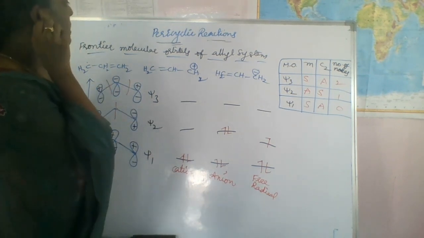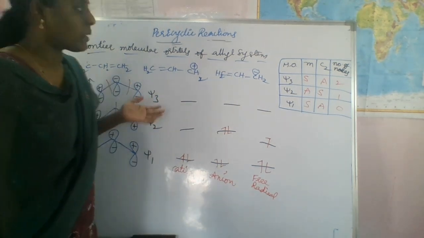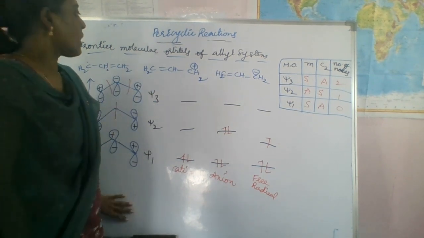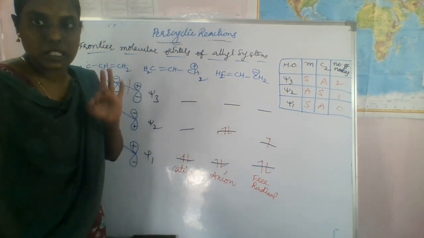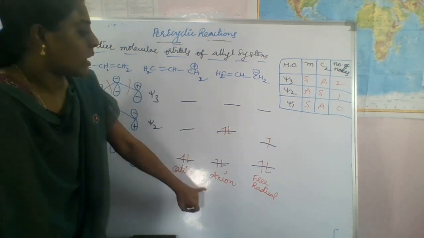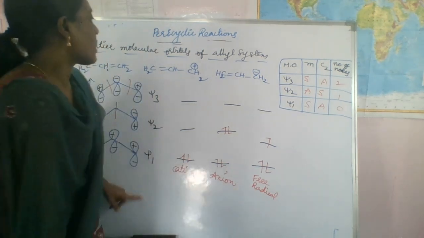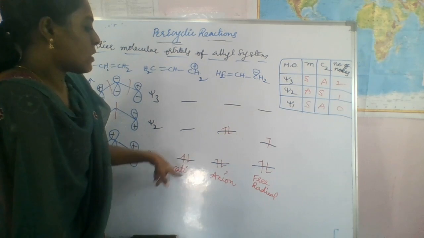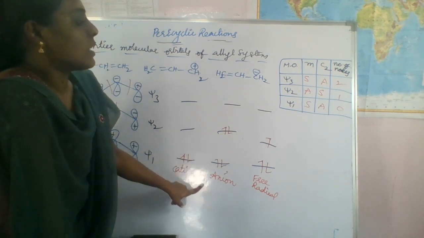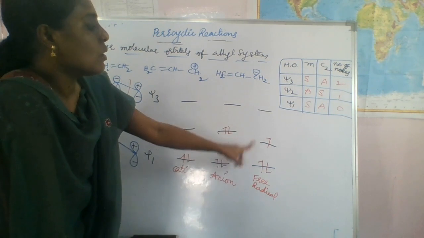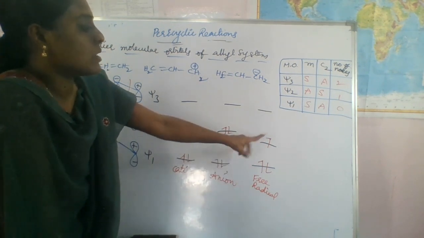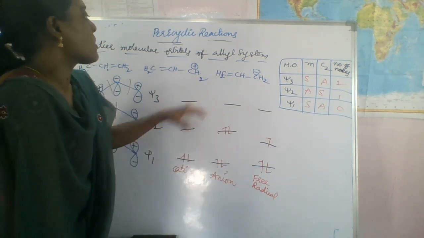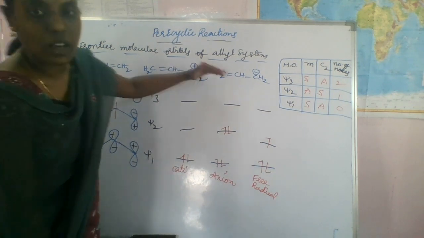Okay, so this is today's class. I hope you understand what I have explained, right? So you just have to construct like this. These are orbitals, right? The allylic system exists in three types: cationic state, anionic state and free radical state, right? So cationic means here 2 electrons are there, so that's why we have to write like this. S naught, here. This is also a singlet state. This is an unpaired free radical, one single electron is there, right? So, okay, this is the radical state. Okay, so like that we have to construct the frontier molecular orbitals of the allylic system, right?